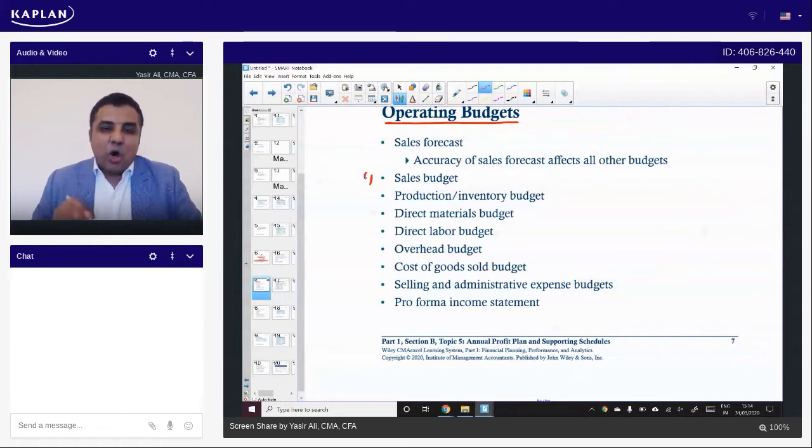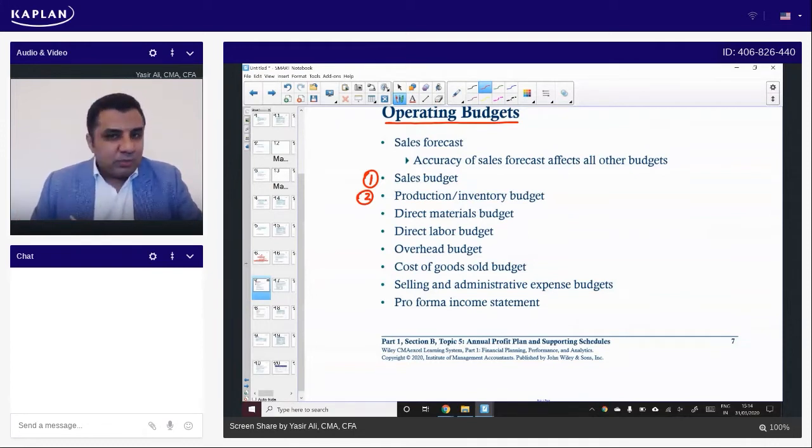So in order, the sales budget, we will see in an exam question, we are typically given the sales budget, right? That is an input in an examination question. Shortly, I'll tell you a typical format of an exam question. So this is usually an input in the examination question. Number two, we will be making a production or inventory budget.